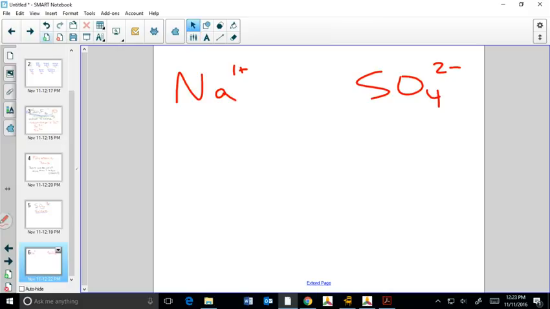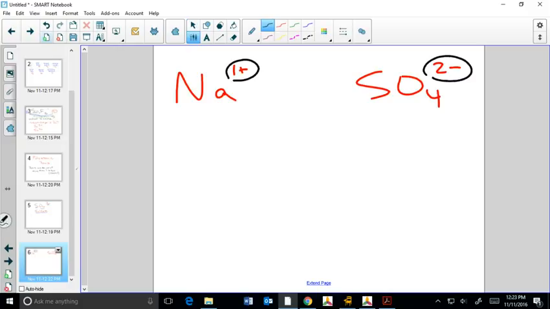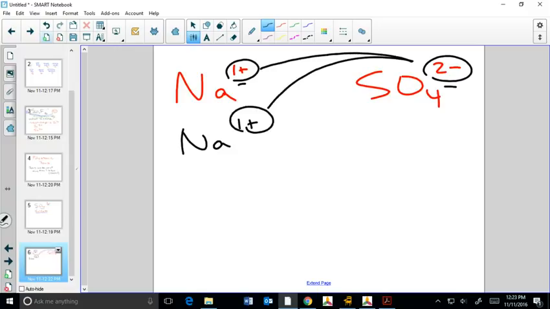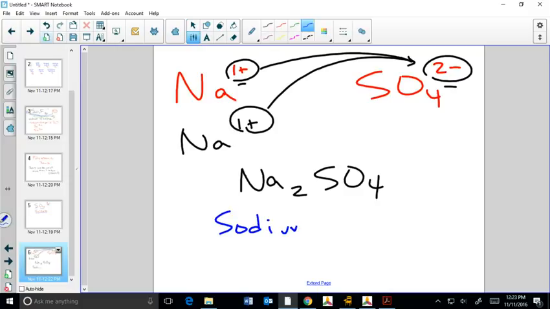So if I want to put these 2 things together, again, I need to balance out their charges. So since this is a +1 and this is a -2, I need 2 of those Na's to balance out that 2 negative. So therefore, my formula would be Na2SO4. How would I name this thing? I would name this as sodium